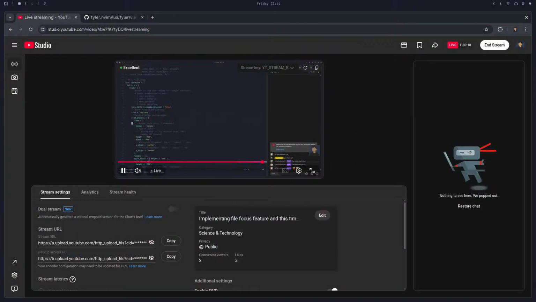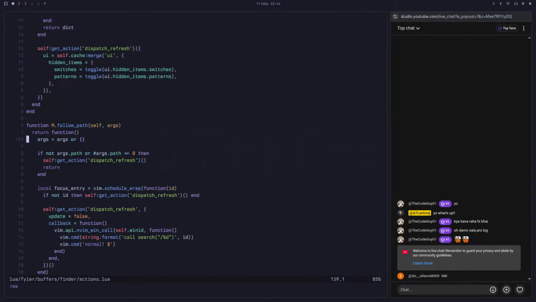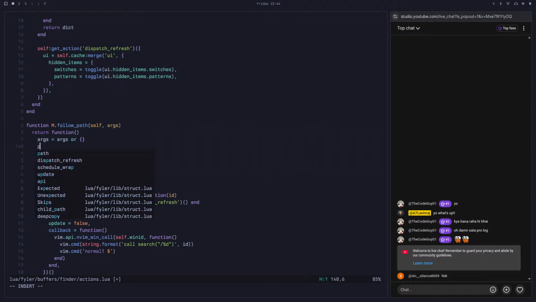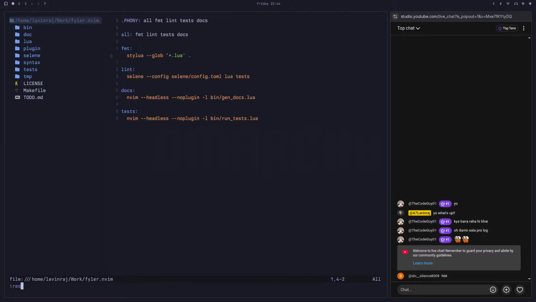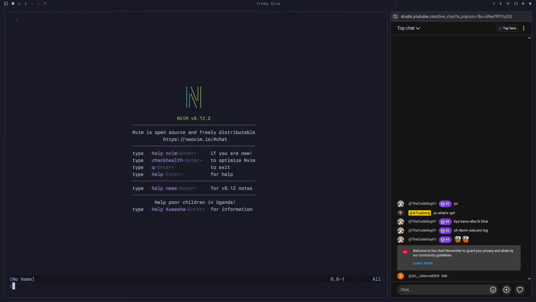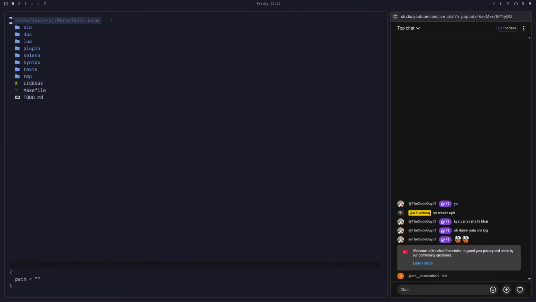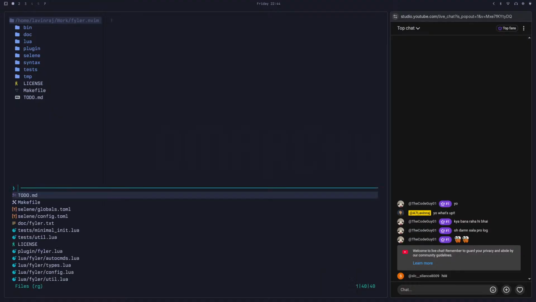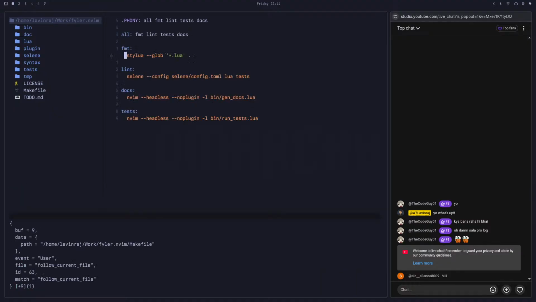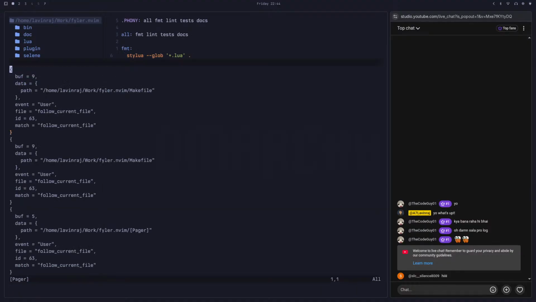Because the mic is activated, so it's not a problem. So args. Let's open Filer. So we don't have any path. We don't have any path here as well. Let's go to makefile. So this is the makefile, and